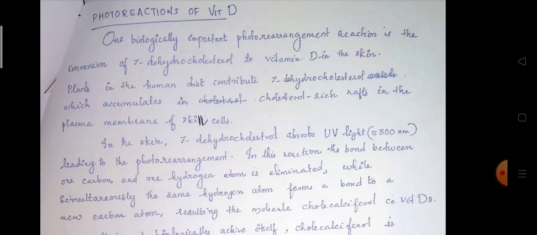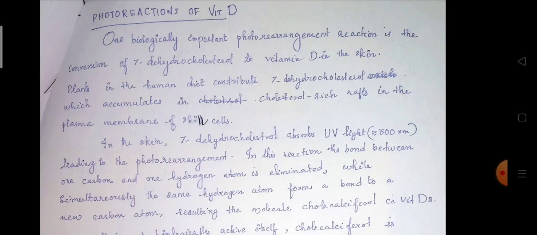The plants in the human diet contribute 7-dehydrocholesterol. We get 7-dehydrocholesterol from our food, which accumulates in cholesterol-rich rafts in the plasma membrane of skin cells. In the skin, the 7-dehydrocholesterol absorbs UV light, leading to photorearrangement. When the skin is exposed to the sunlight, the accumulated 7-dehydrocholesterol absorbs UV light,